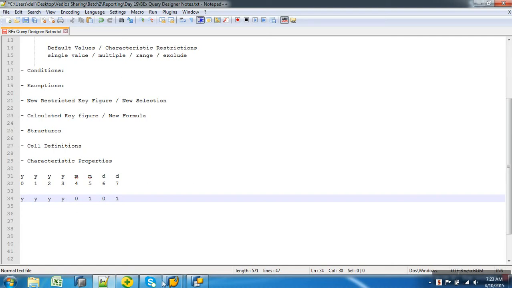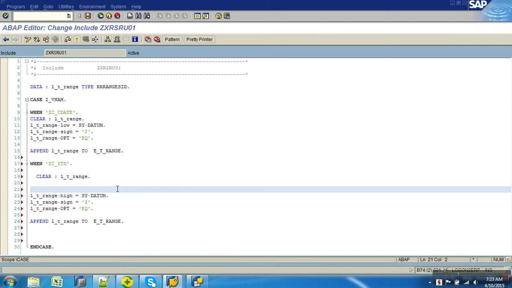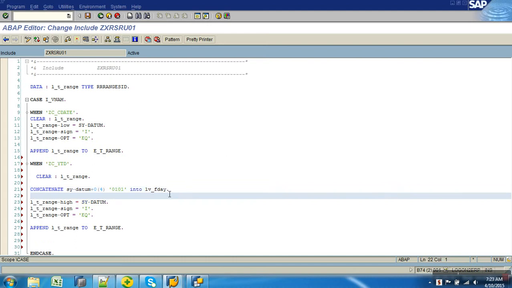Yes sir, boss. So I'll implement that logic. LV underscore F day. Concatenate sy-datum plus 0 of 4, which means the first four characters, then 0 1 0 1, into this LV underscore F day, and LV underscore F day has to get into the low value.